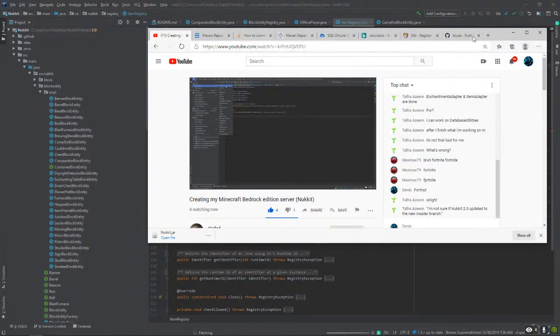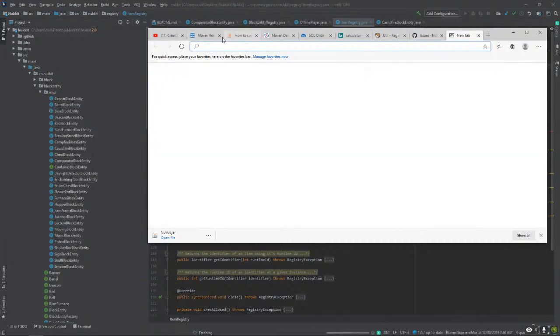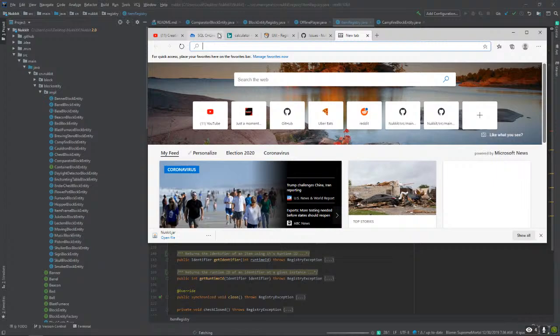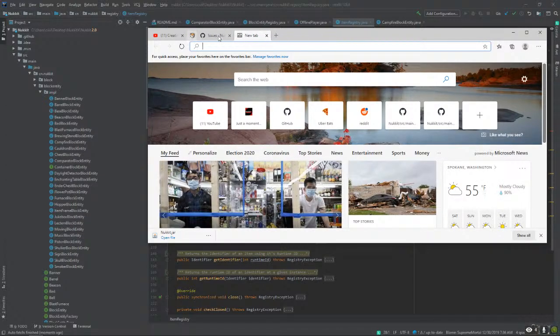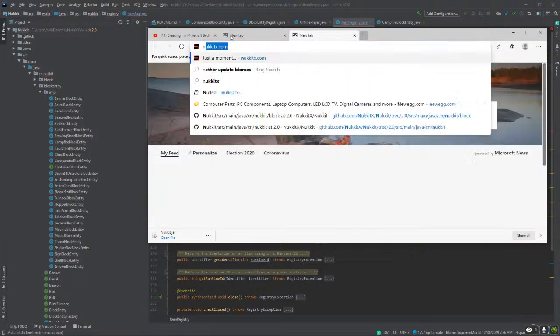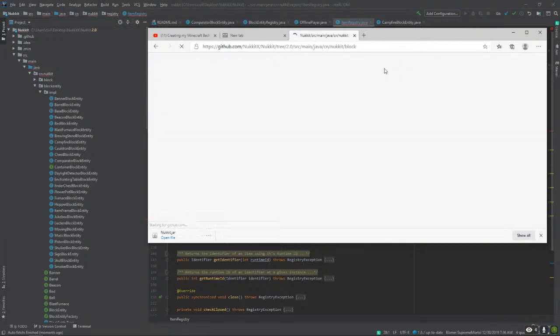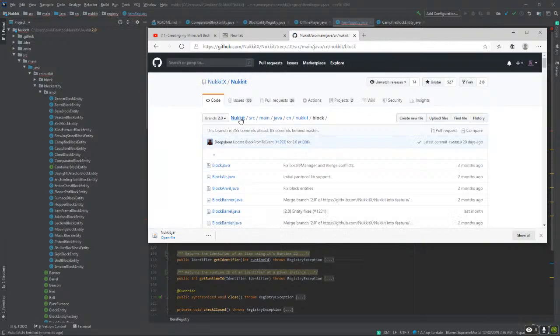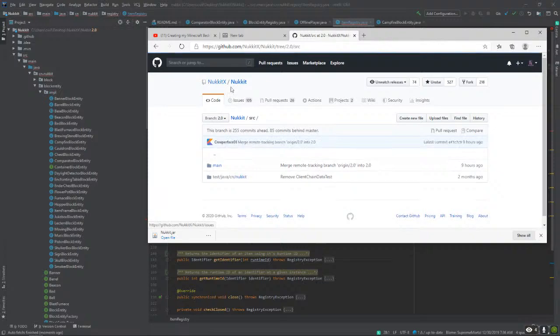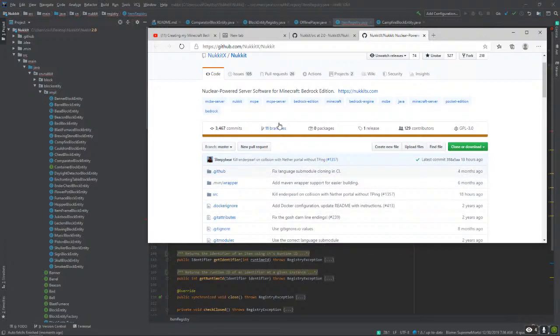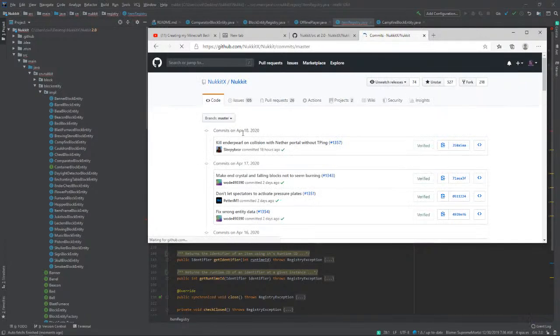Then if I open up my current, here, let me just close all this. Okay, so we have our source branch, and I'm gonna open the main branch here to see the recent commits.